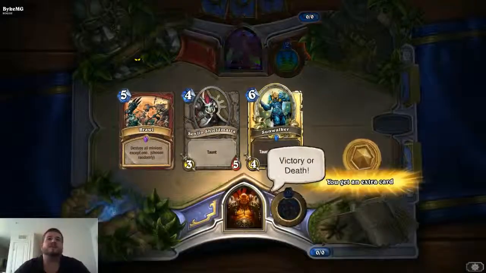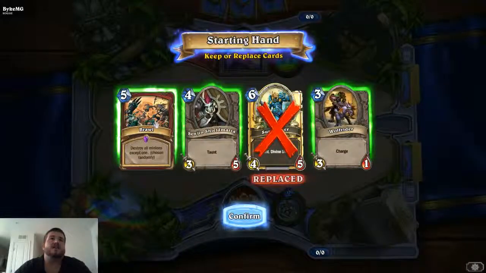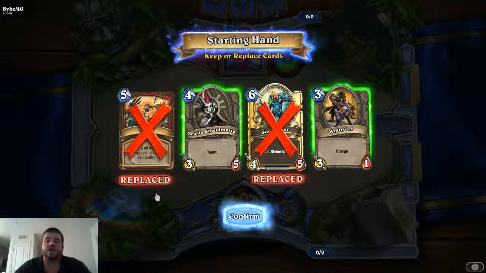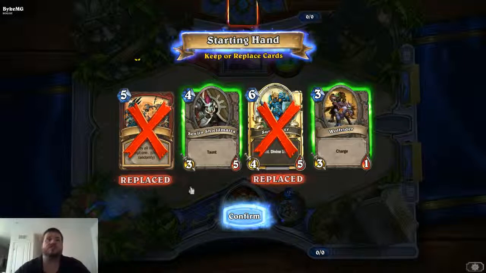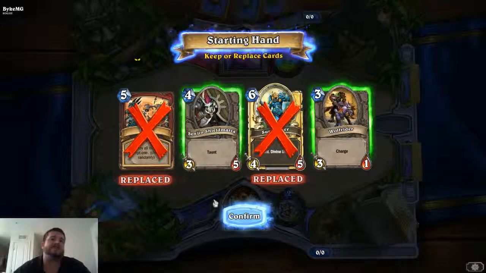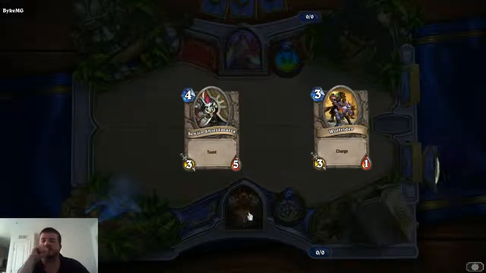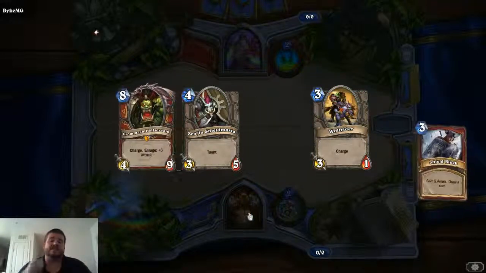Alright, Sunwalker, too much for this early. Let's drop it. Brawl, I think we also drop. So, Sinjin, even though it's a 4-drop, and I usually don't keep 4-drops this early, I keep Sinjin because he's such a strong card. Wolf Rider's good for turn 3, so I think we keep them both. Sorry, Dusk, I didn't mean to